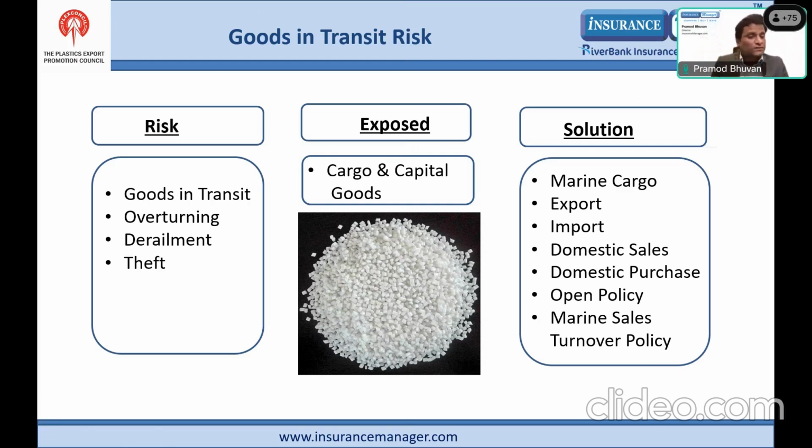So such shortages from sealing tag containers are also covered. So what we have done with our more than 18 years of experience in the industry, we have devised add-on covers, because of which claims can be either rejected or become non-payable. And we have asked insurers to cover them in the form of add-on covers. Similarly, there are covers like seller's contingency cover, which is available, or a concealed damage clause, which can be taken to ensure that your marine sales turnover policy coverage is comprehensively designed.